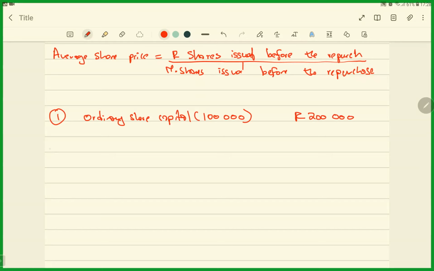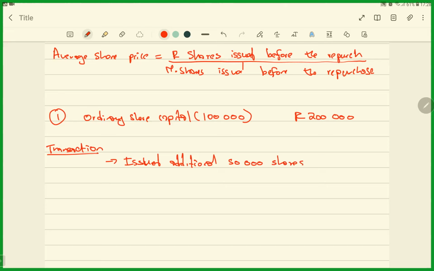Then we are told that these are the transactions. You can now pay attention, because this is very important. So firstly, let's say they issued additional shares, let's say 50,000 shares